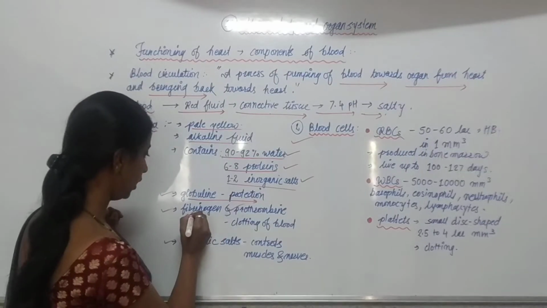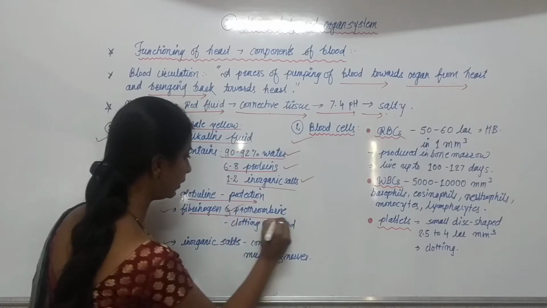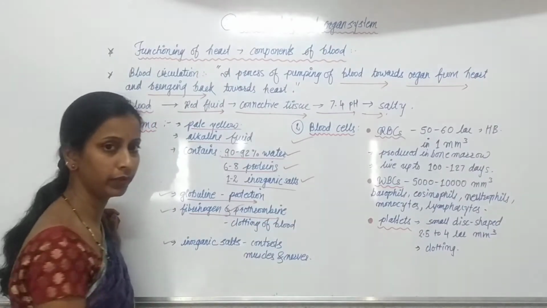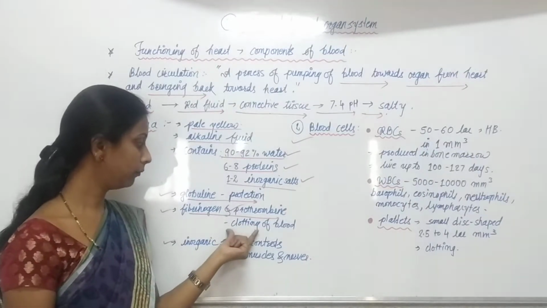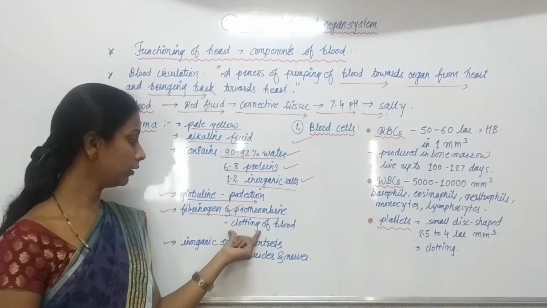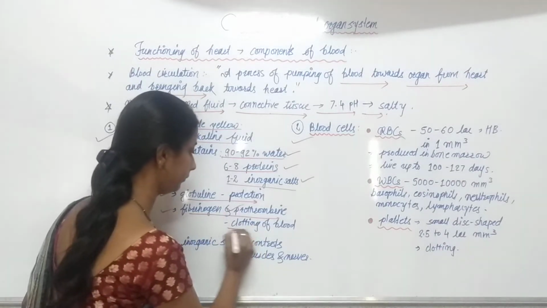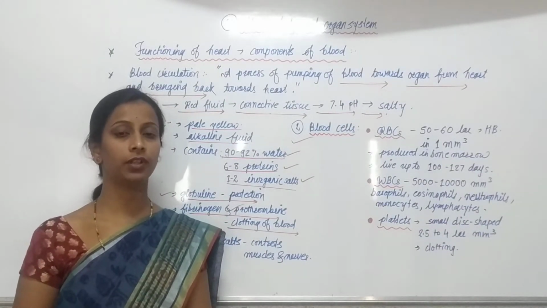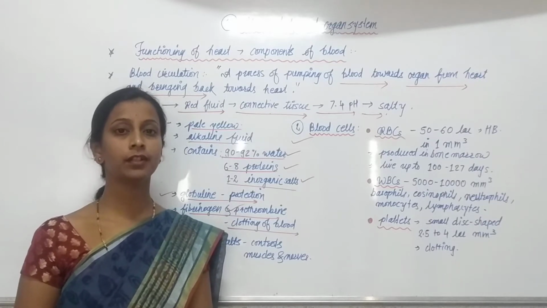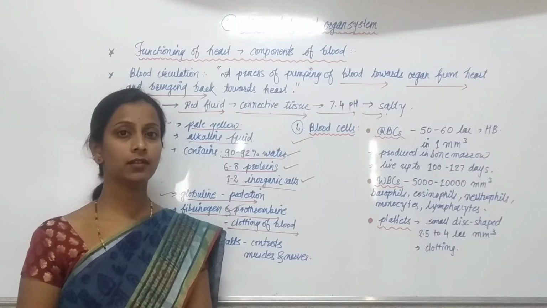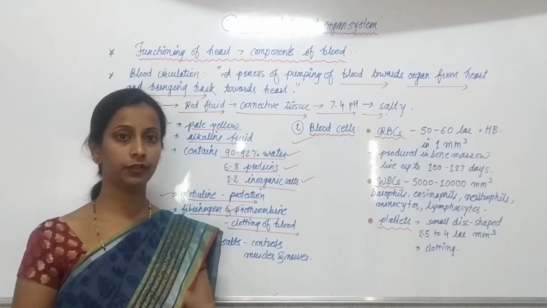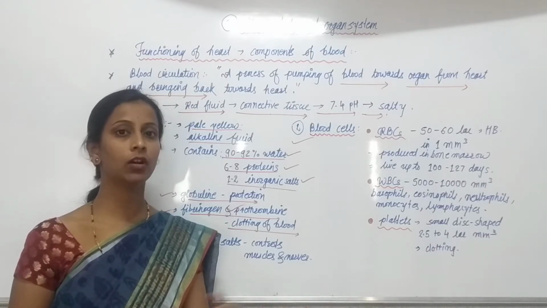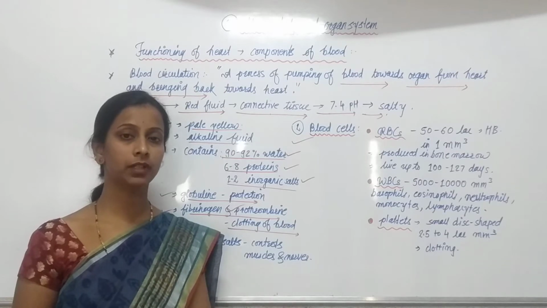Then next to that, fibrinogen and prothrombin. These are also type of proteins. So what is their function here? Blood clotting. They participate, they are the main component of clotting of blood. So what is actually clotting or process of clotting? Suppose we are injured. And from that injury blood flows continuously. After some time when we observe what happened, the flowing of blood stops.